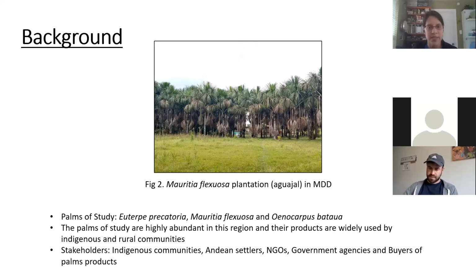These specific species form groups of plants called aguajales that basically work as a wetland. And then we have another species very similar to acai, called Oenocarpus bataua. So these palms, I chose them because they are highly abundant in these regions, and their products, which are called non-timber forest products, are widely used by indigenous and rural